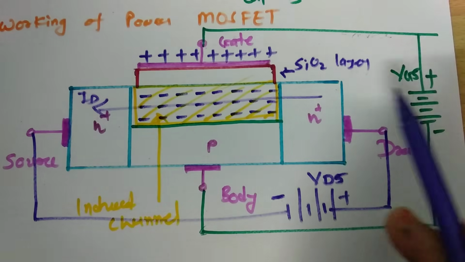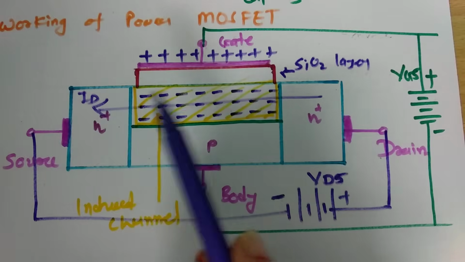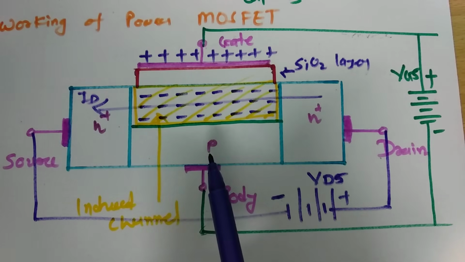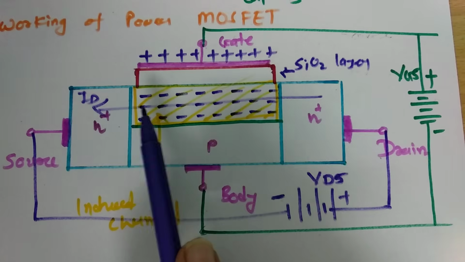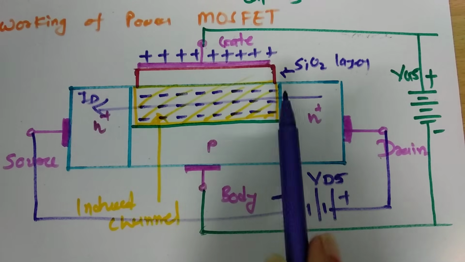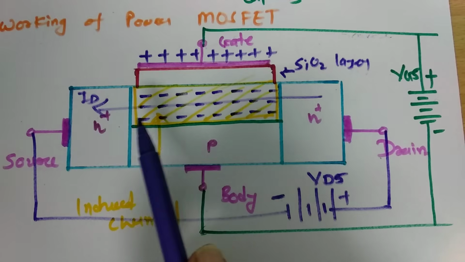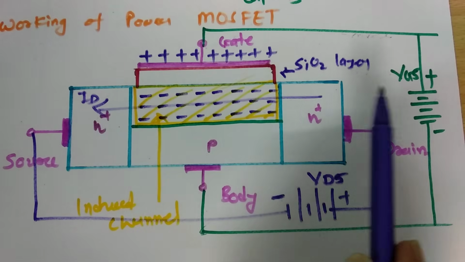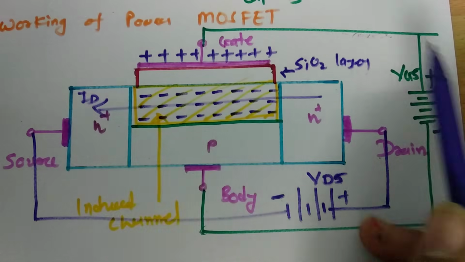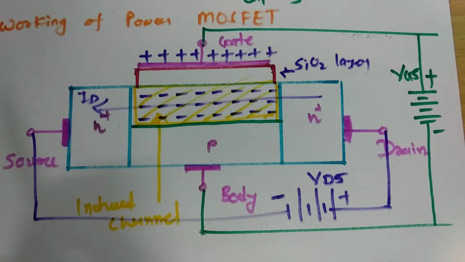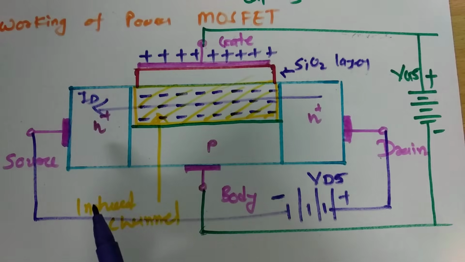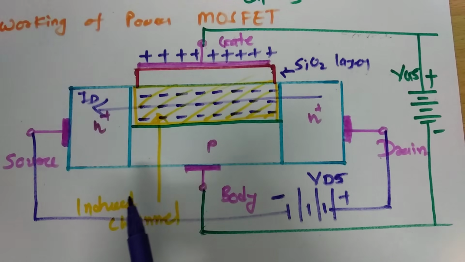As we increase VGS, it will be inducing more negative charge carriers in the p-type layer at this side, and that is what induces the n-type channel here, which will allow flow of current to pass through. So ultimately, as we increase VGS, ID current will increase, and this induced channel is even referred to as the inversion layer.